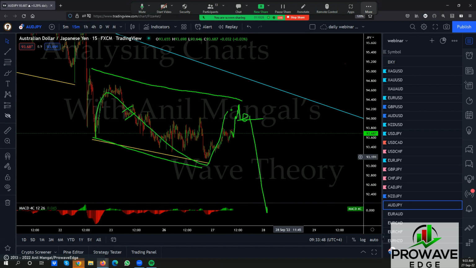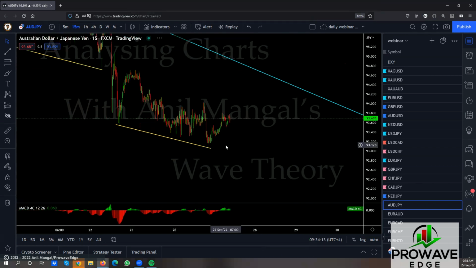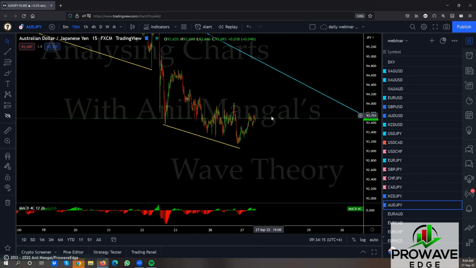This could be 1, 2, 3, and that should drop. Can it drop here, go back up and drop again? Yeah, but that'll give you break even. So let's see. I wait for this to go up, and then we're waiting for the sell setup. The buy here is not a great idea, so wait for the sell setup. Let it go up first. Then we wait for the sell setup.